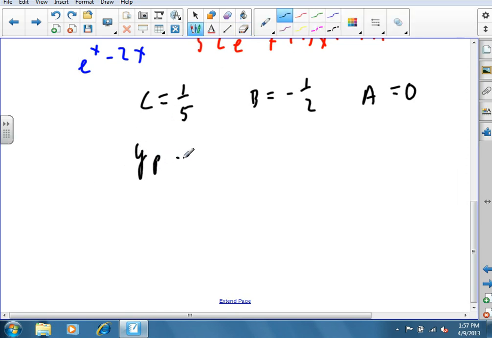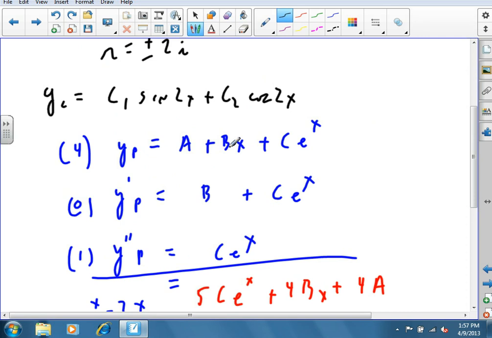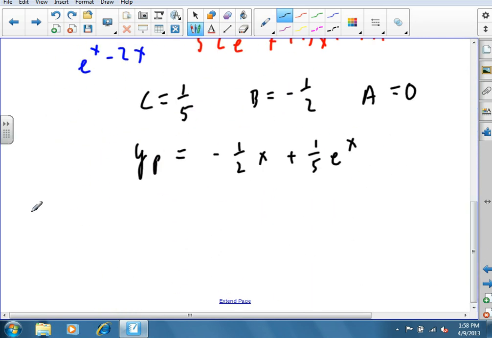Y sub p is minus 1/2 x plus 1/5 e to the x. The unit term was a, so there's b, so that'd be okay. So now we're ready to write down the final answer. So y is equal to yc plus yp. Y of x is equal to